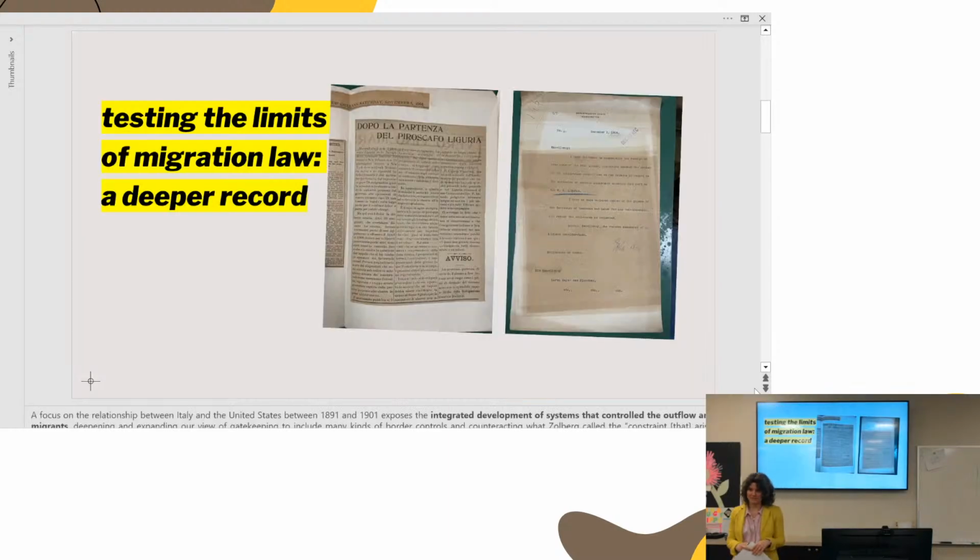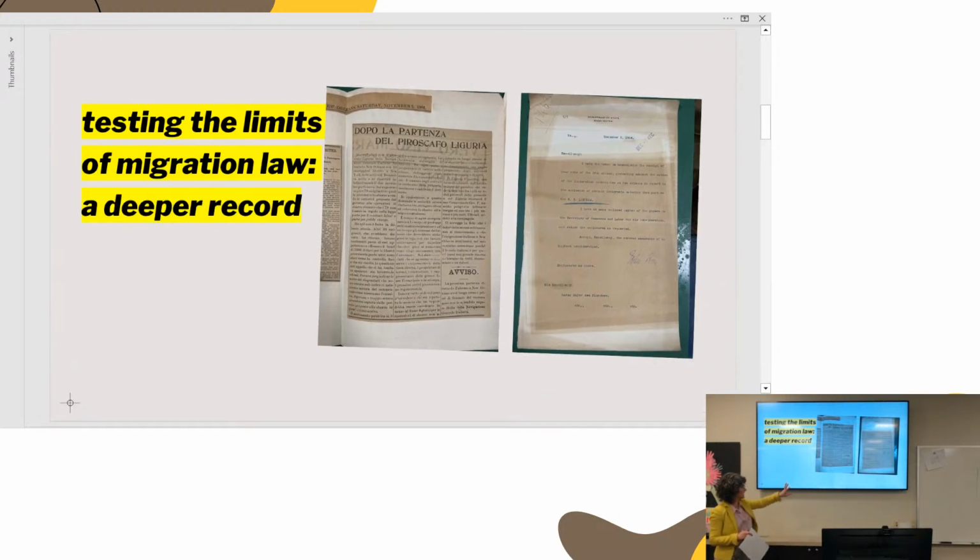And let's think about what some of the records actually reveal. And then I'll ask you some questions about this. Okay, so here is a set of documents that come from the folder that was in that opening segment. Those are records from the consulate in New Orleans, in case you were curious.